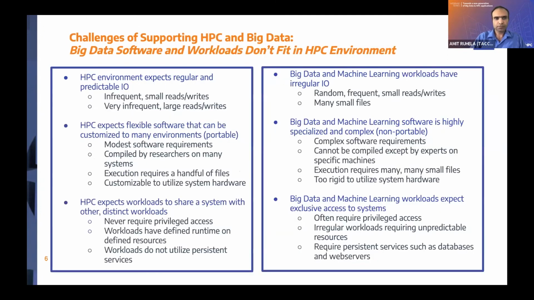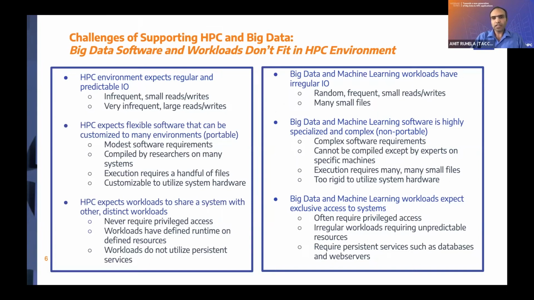Now, there are several challenges in supporting HPC and big data applications. Basically, big data software and workloads don't fit together in an HPC environment. The reason is that an HPC environment expects regular and predictable IO, which is infrequent small reads and writes. However, big data and machine learning workloads have irregular IO. It is mostly random, frequent, small reads and writes, with a huge number of accesses to smaller files,